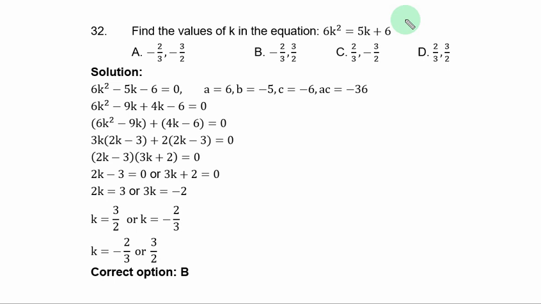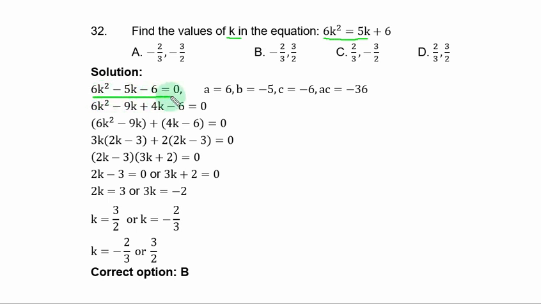Question 32. Find the values of K in the equation 6K squared equal to 5K plus 6. The equation is quadratic. Let us solve it by the method of factorization. In that method, one of the sides is always 0. So let's transfer 5K plus 6 to the left hand side, and you have it in this form,